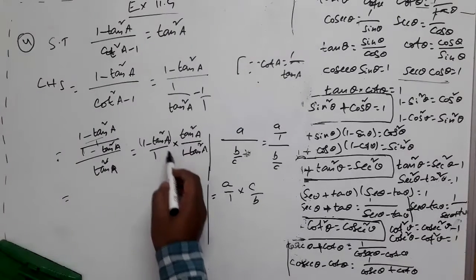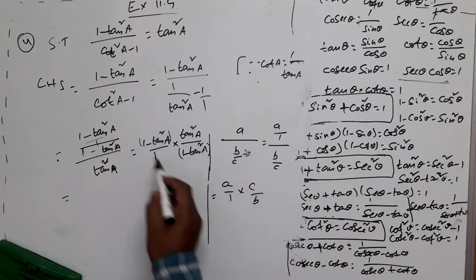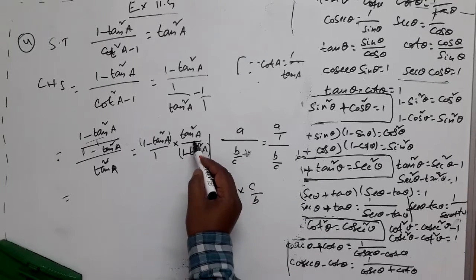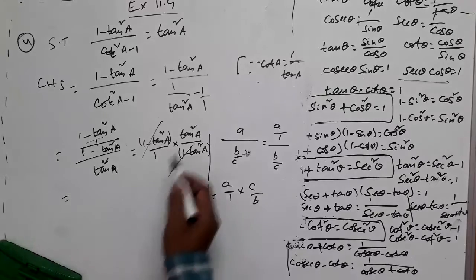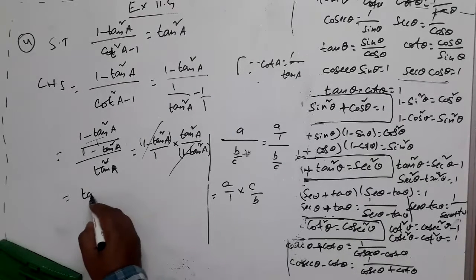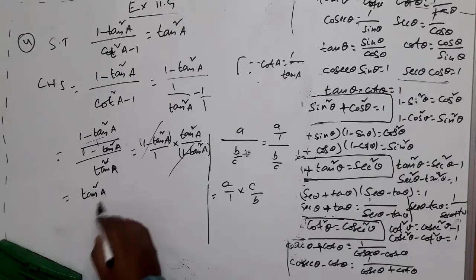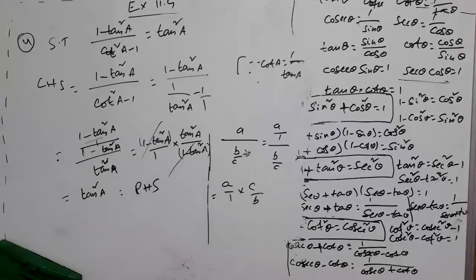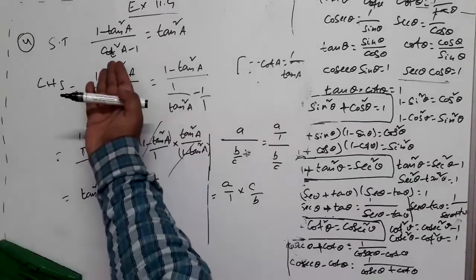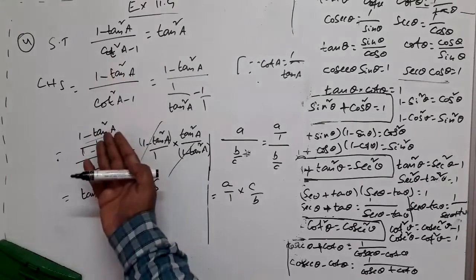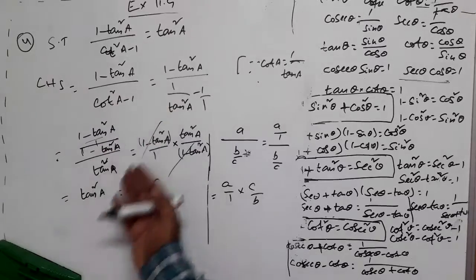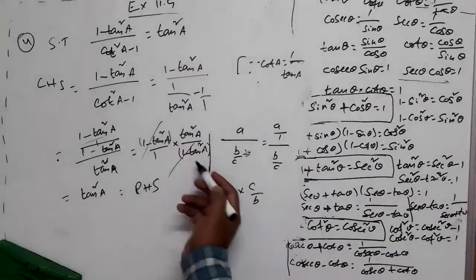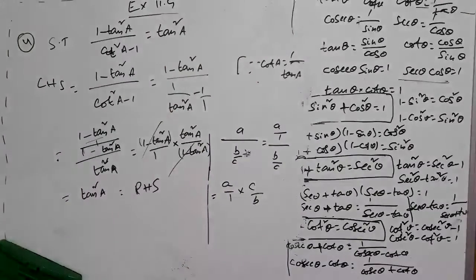Next, how shall we proceed? These two are equal, so they get cancelled. So what is remaining? Simply tan square A by 1, that is tan square A. That is our RHS part. Simple, very simple. Clearly here you don't want cot, simply replace that cot by tan. You got this simplified further. These terms get cancelled, so simply tan square A is remaining. This is question number 4.